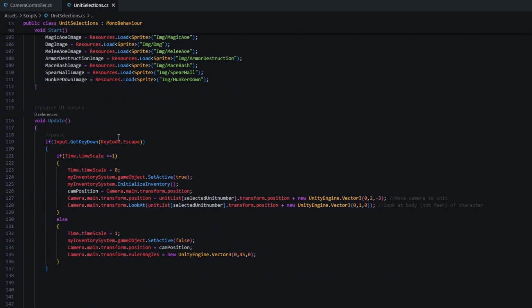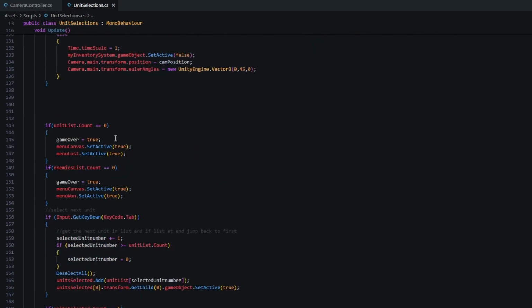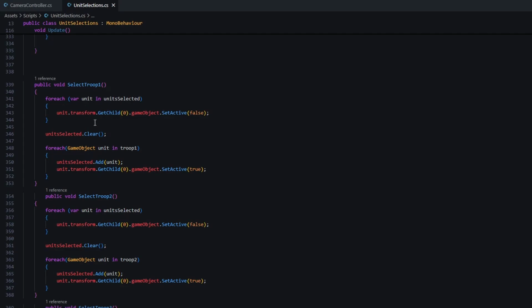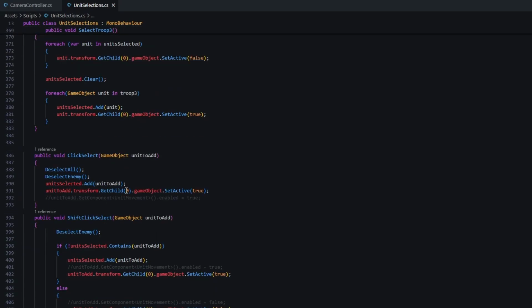Okay, but what do we need to control units? This is a little bit more advanced here. I also selected several troops. But let's start with selecting single troops. This is handled by the click select function. So if we click some unit, we are deselecting every unit, every enemy, and adding this unit to our selection. And for this,